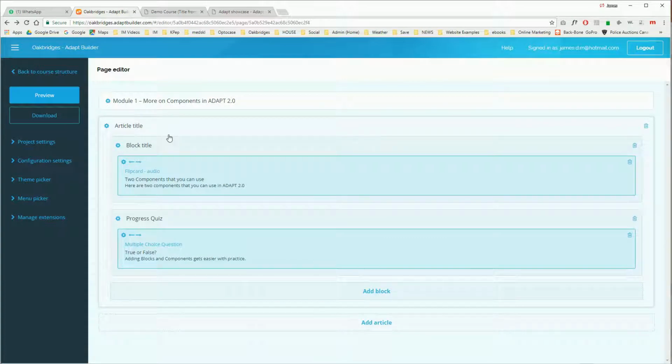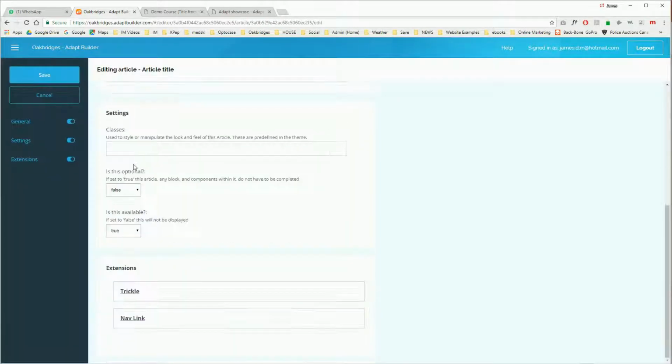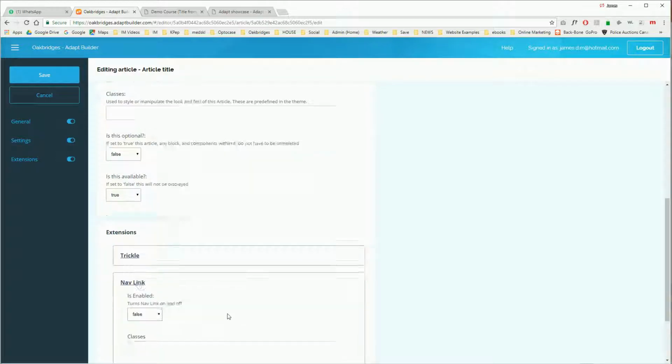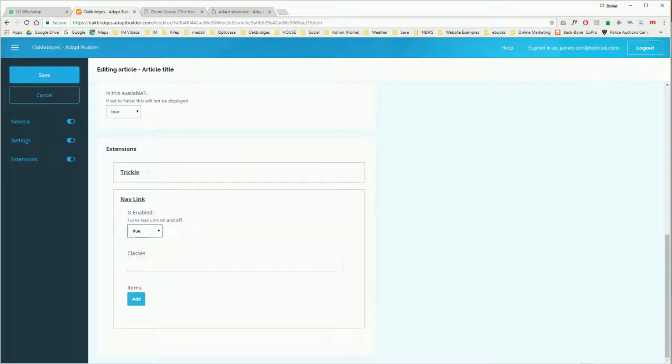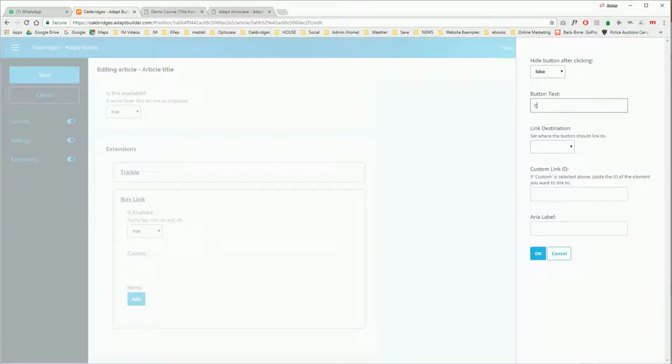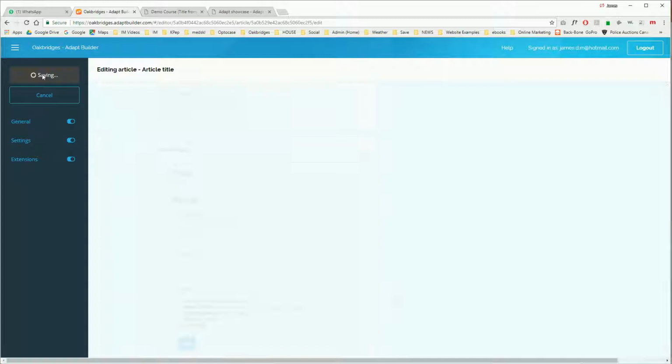So, in this article, we have to edit the article in order to add the navigation link at the bottom of the article. So edit, nav link. We want nav link to be true. And we want it to, oh, not the classes. We want to add a navigation link button. We want it to say, click here to return to module homepage. What's the destination? The destination is the parent page in this case, where you can put a custom one in. Click OK, click Save,